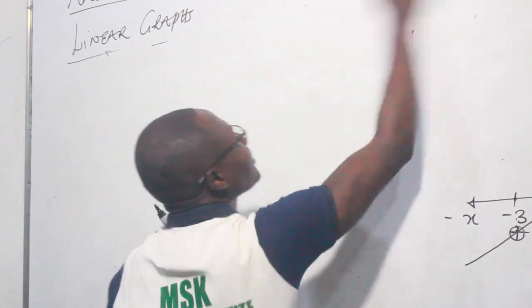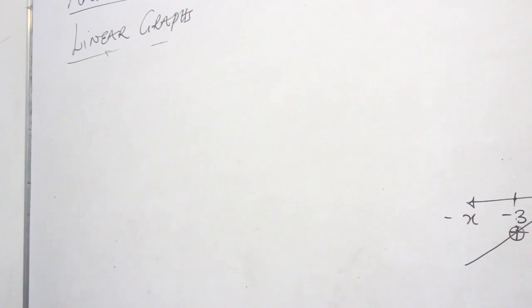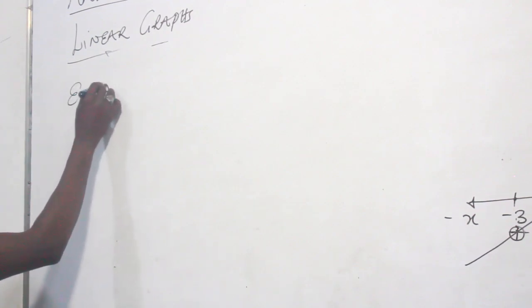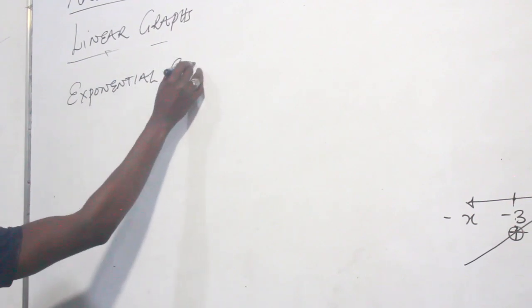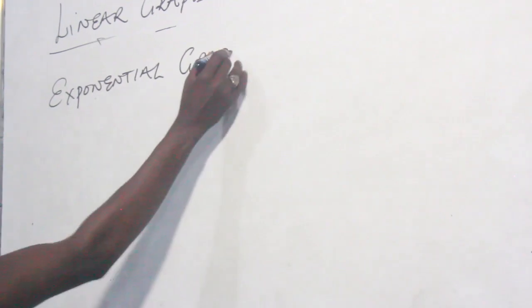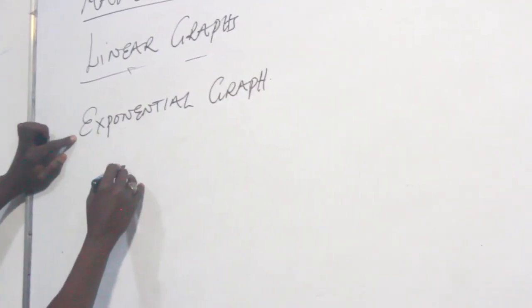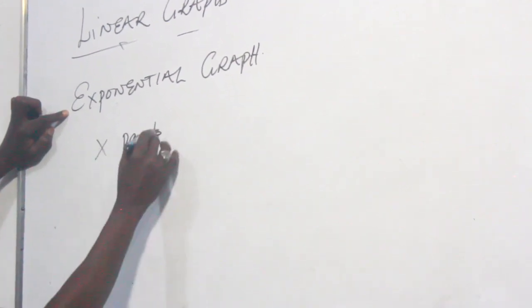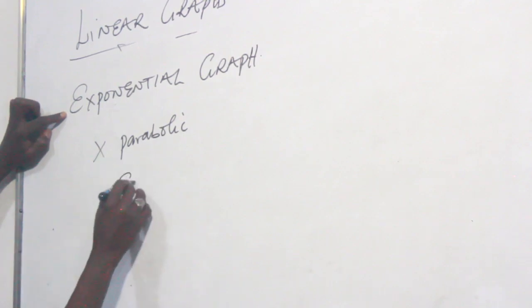We call them curves, but the first one is parabolic. Exponential graph. This is quite different from parabolic. It's not a parabolic, but it is a curve